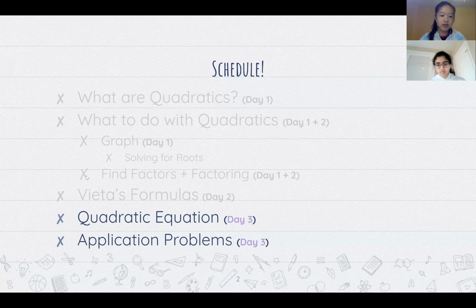And so today we're going to be going over the quadratic formula, as well as some other things that